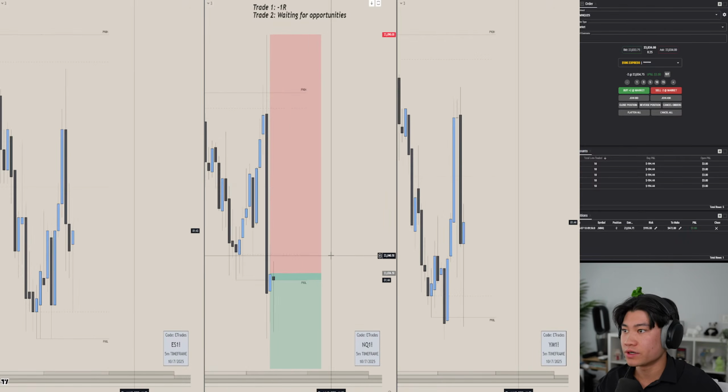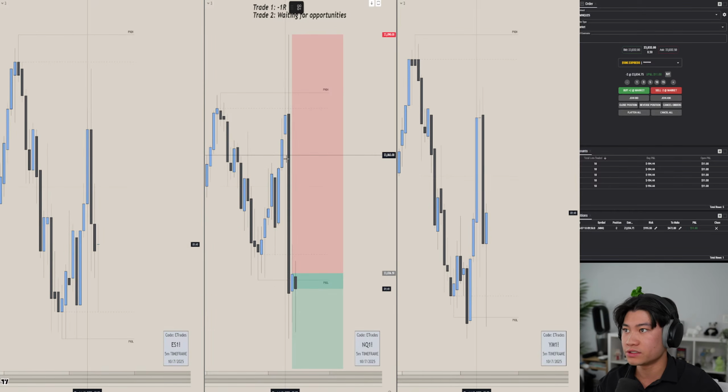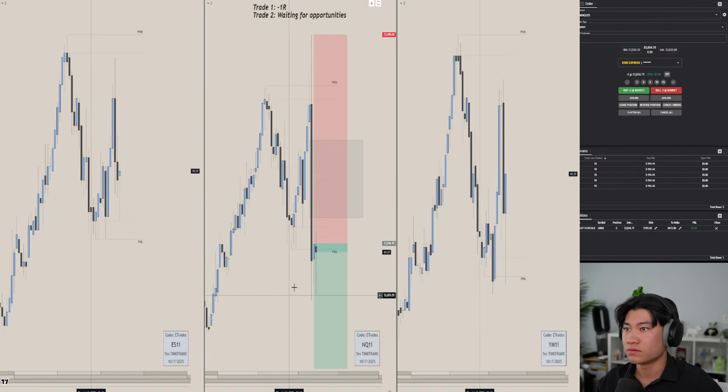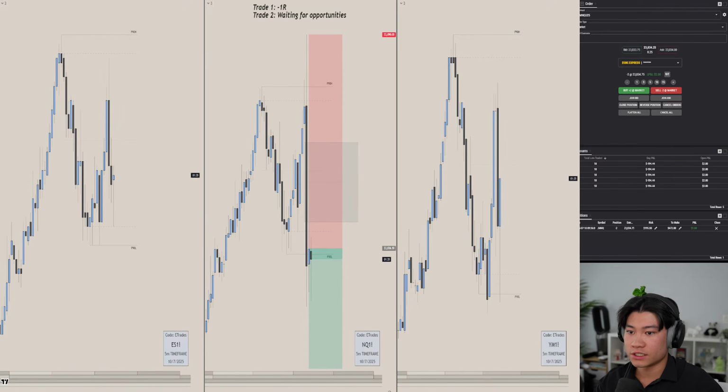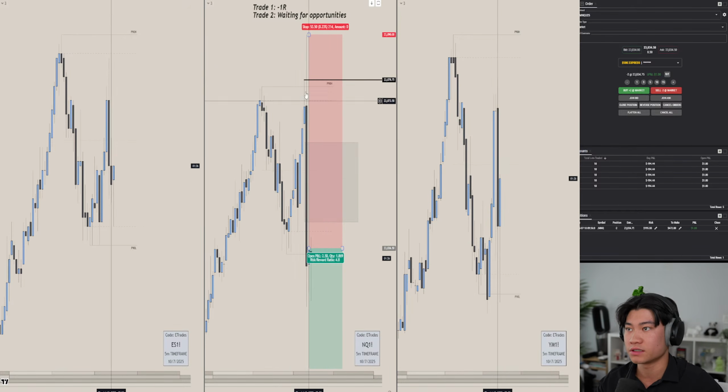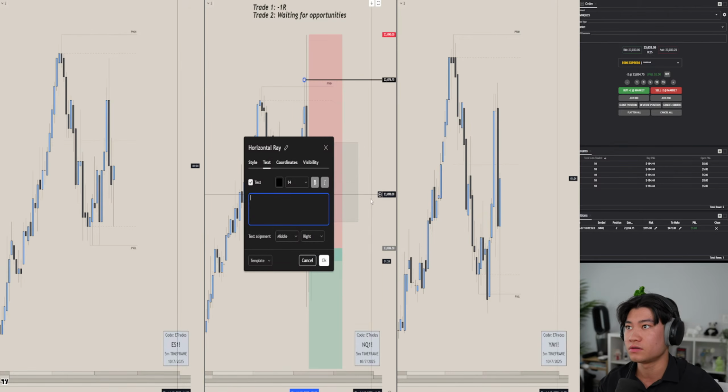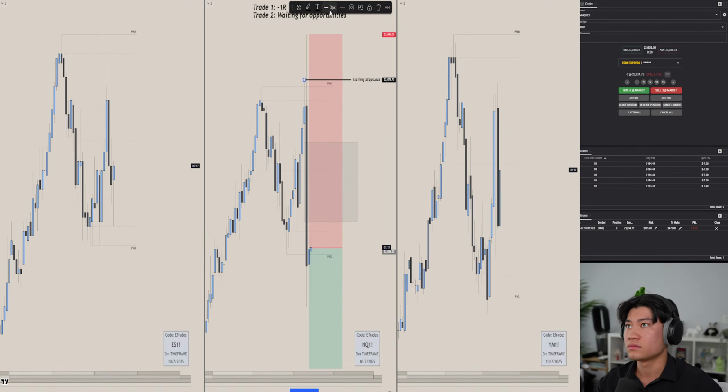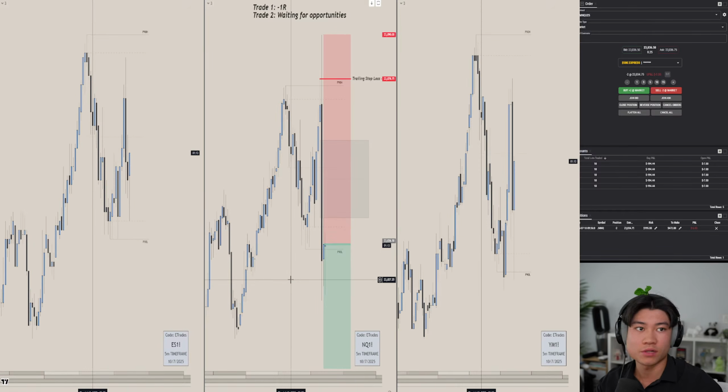So what I'm paying attention to right now is it's permissible for price to retrace back into this fair value gap if it really wants to, which is completely fine with me. I just don't want to see this fair value gap get disrespected essentially. So I'm going to move my stop losses right here above this order block because I wouldn't want price to go anything above that. And that's probably just going to be where I leave my stop loss for a while here.